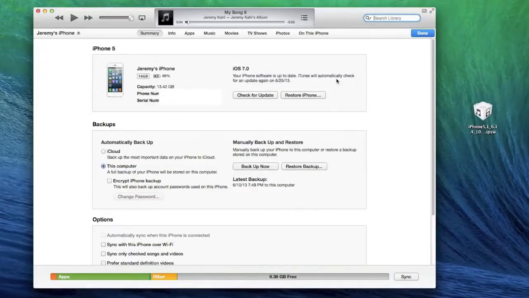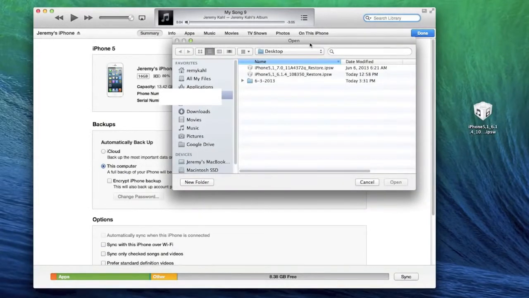Now all you got to do is go ahead and open up iTunes on your computer and make sure you have the latest firmware, the 6.1.3 or 6.1.4 downloaded, and put it on your desktop. As you can see, I have mine right there. And then all you got to do is, on a Mac hold the Option/Alt key, or on PC hold the Shift key and then click on Restore.